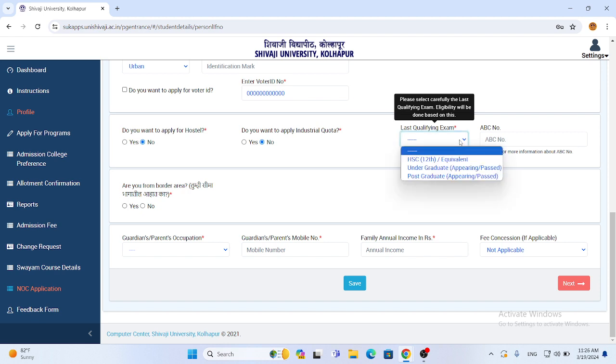Last qualifying exam. Remember, you have to give your last qualifying exam, that means the last exam you have passed, either last year or a few years ago. Later on, you have not appeared for any other examination, so your last examination details should be entered here. If you have completed your graduation, click undergraduate, or if you have completed your postgraduate and other higher education, click postgraduate. So I will choose here